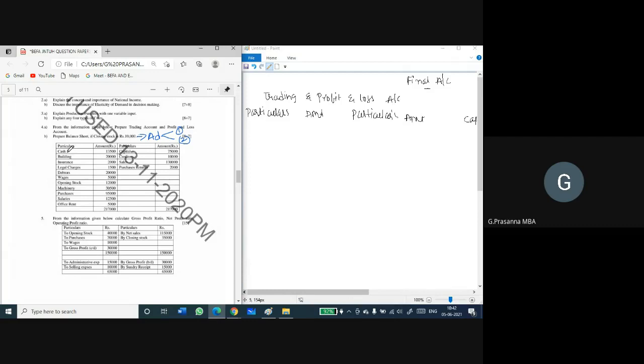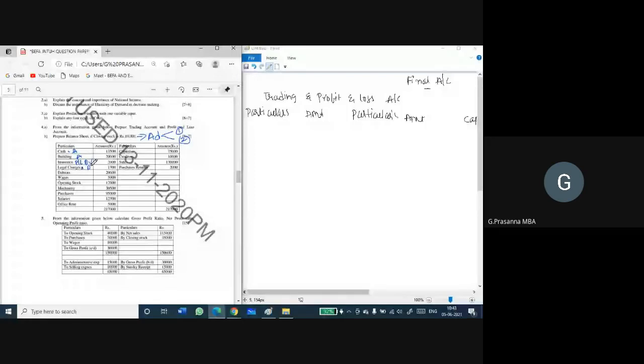Belonging to which category. So cash, what is cash? Cash is an asset. Okay, cash is an asset. I am putting a building asset. Insurance, insurance is an expenditure, so all the expenditures have to be shown in the P&L account debit side. Legal charges, it is also expenditure, so P&L account debit.